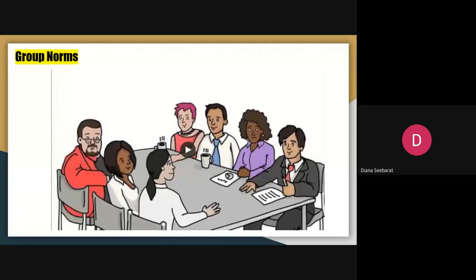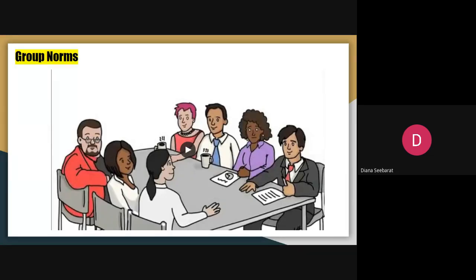So if no one feels welcomed in a group, or if they feel like they can't say something without being judged, this would cause a negative group climate and they wouldn't feel welcomed in the group. And so this would be a negative part in the group. It relates to how people look, behave, or communicate with each other, or how a group acts.